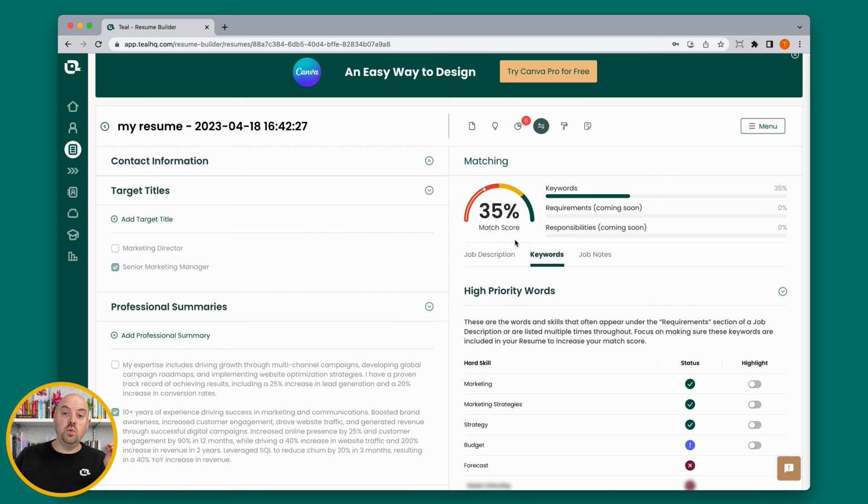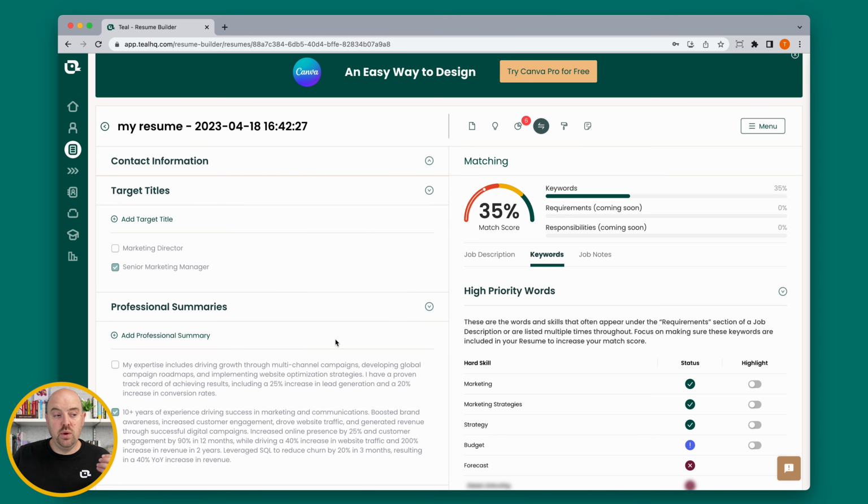Right now, based on what I currently have turned on in my resume, I have a 35% match score. What it's doing is looking at keywords. It's really simple right now. We're not looking for you to keyword stuff. We're not looking for you to just load it up with words that you think the ATS cares about. That's not our focus here at Teal. Our focus here at Teal is to help you present your best self for this particular job. So that's why you won't see